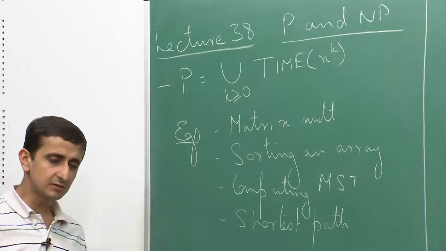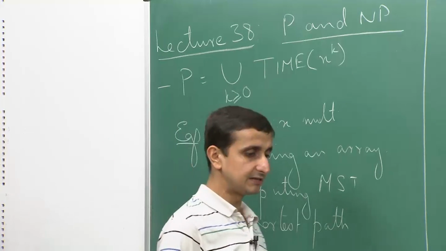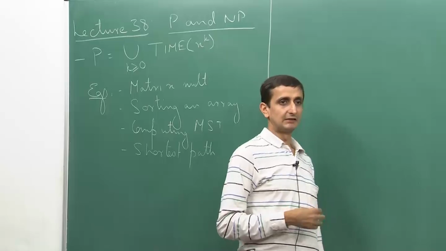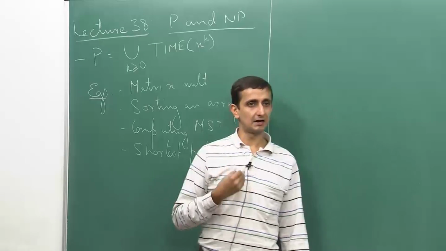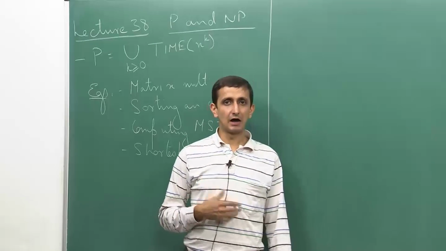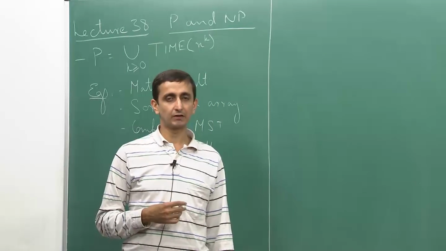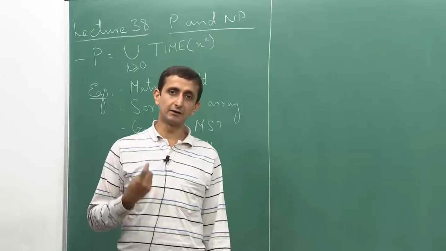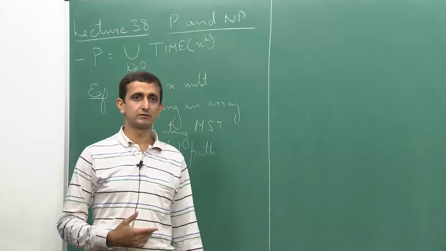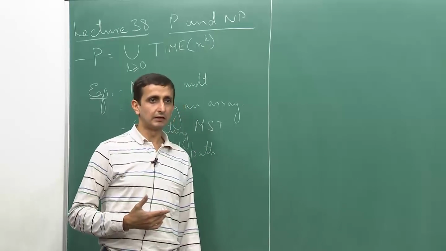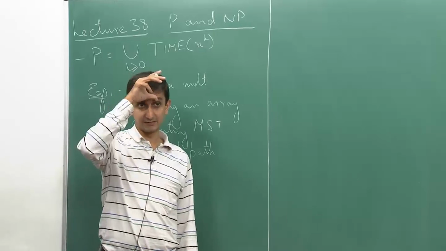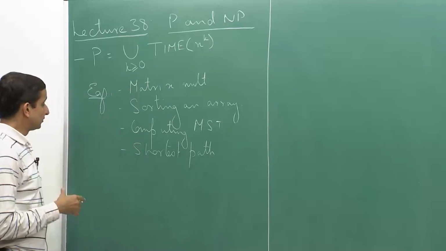In fact, most algorithms that probably you have seen so far, whether in this course or in other algorithm courses, are polynomial time algorithms, are algorithms which are in P. Okay. In other words, you can construct a deterministic Turing machine which can solve those problems in polynomial number of steps. Okay. So, P is